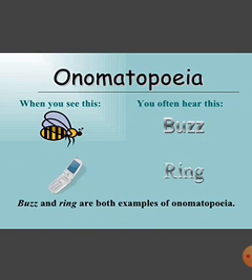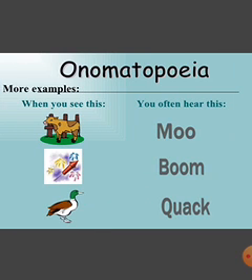Then we have onomatopoeia. Look at this. This is a bee. This is a phone. When you see a bee, the sound that comes to your mind is buzz. Then we also have a phone rings. They are all examples of what? They are both examples of onomatopoeia. A car moves. A fire, yes, this is a firework.